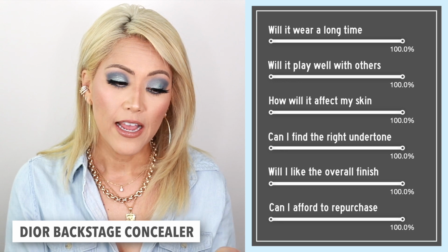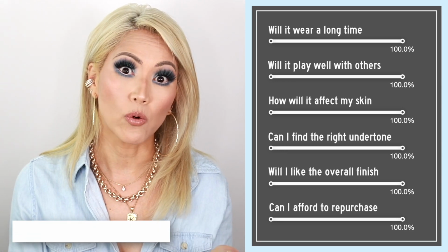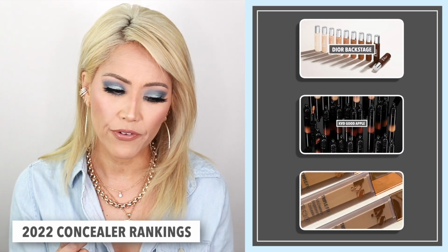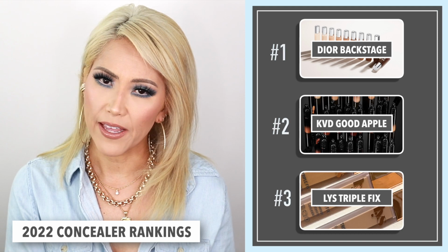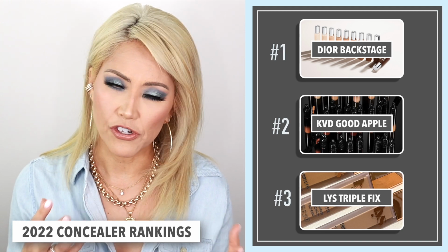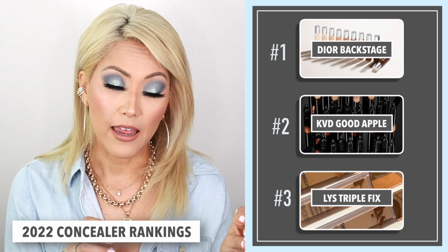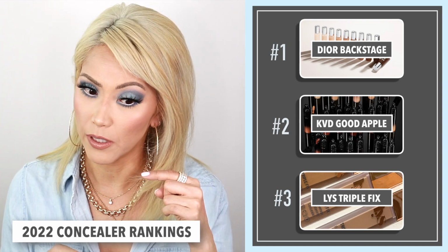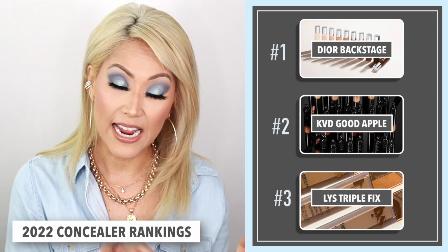I actually, out of all the concealers that I've tried this year, I know Lawless is coming out with a brand new one, so we will be picking that up as well. But as far as the KVD Good Apple and the LYS one that I just reviewed, I would rank that one on top of those two, just to be honest. I felt like that one doesn't crease at all. It doesn't break up at all, and I really, really appreciate that. They nailed that